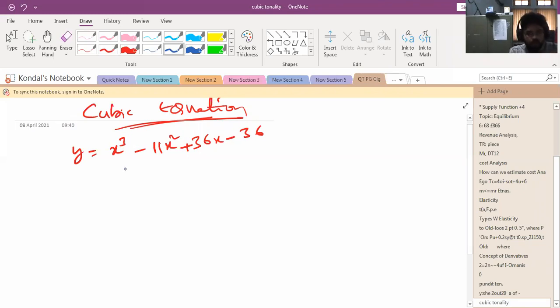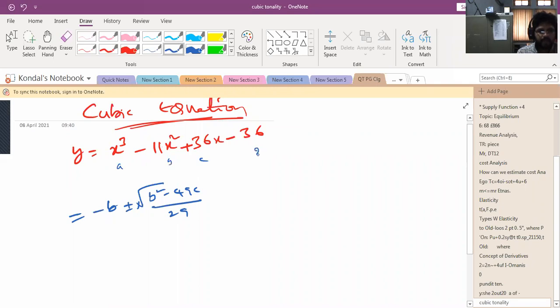So generally, in order to get x values, how do we do that? Here we have only one formula, that is minus b plus or minus under root b square minus 4ac divided by 2a. This is the only formula we should apply. So here, minus b, and a and c. Don't bother about the minus; we need to bother about a, b and c. For example, if you put here a, here b, here c, what does it mean?